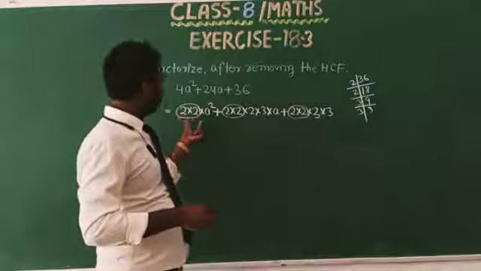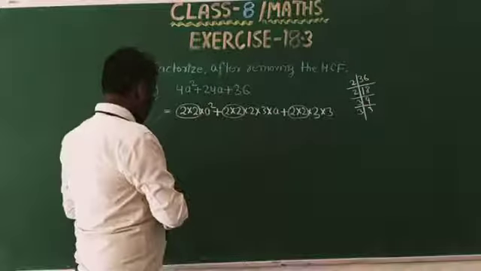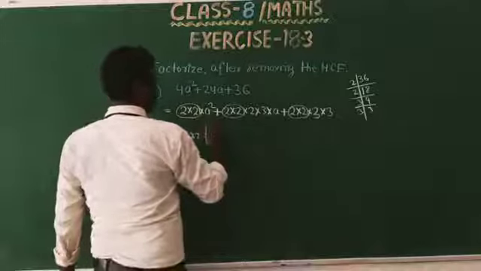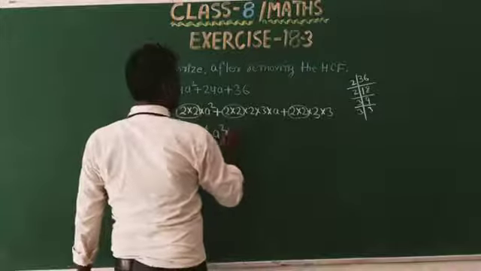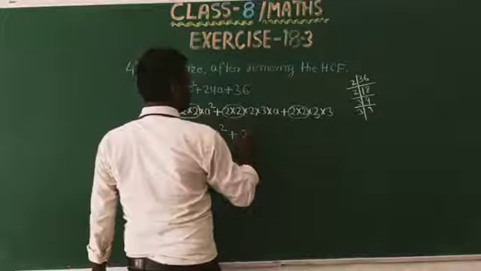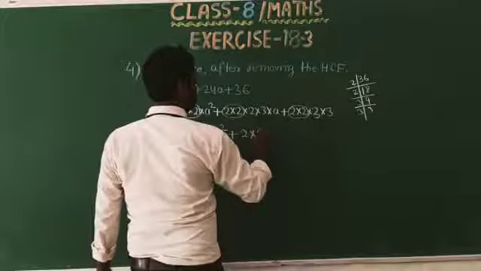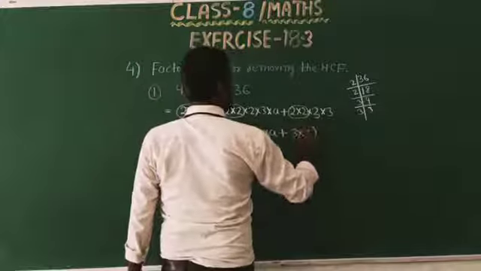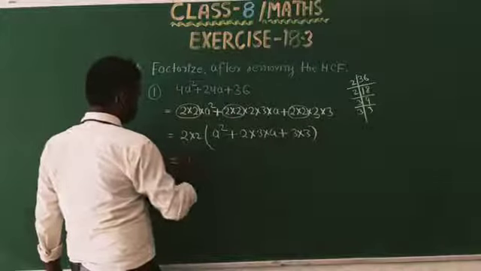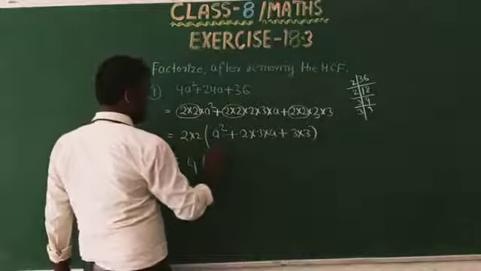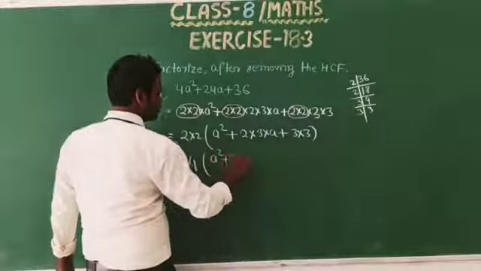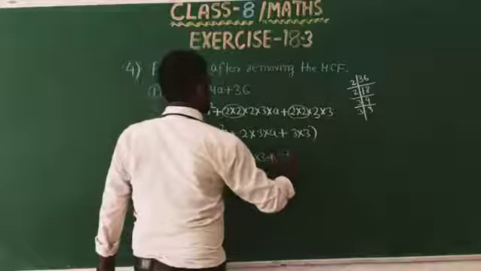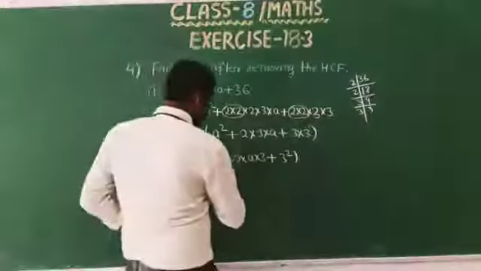Taking out the common 2 into 2, this becomes 2 into 2 into a square plus 2 into 3 into a plus 3 into 3. That is 4 into a square plus 2 into a into 3 plus 3 square. So now using the identity,